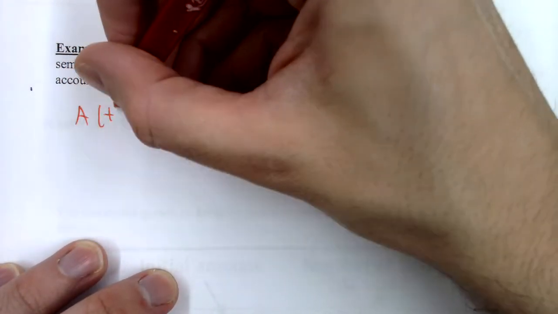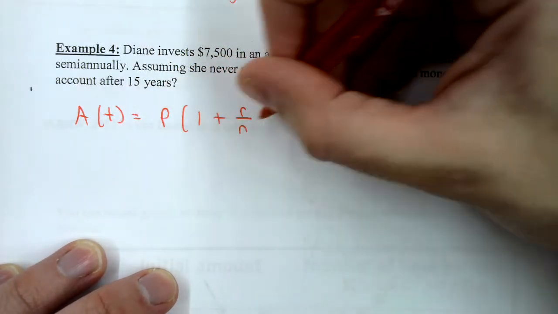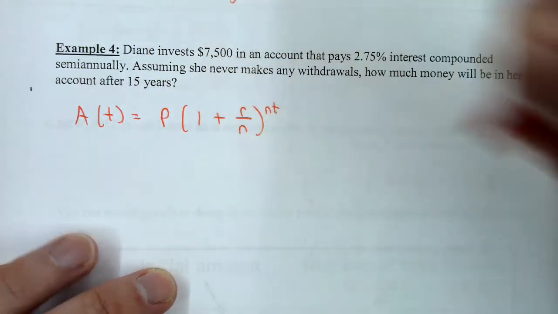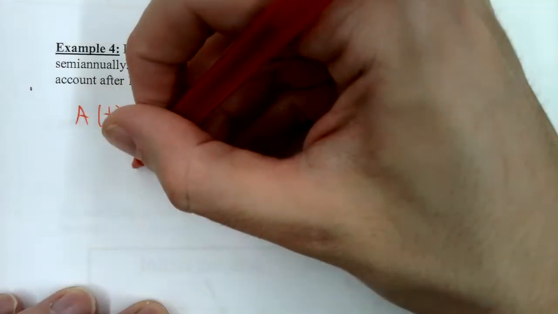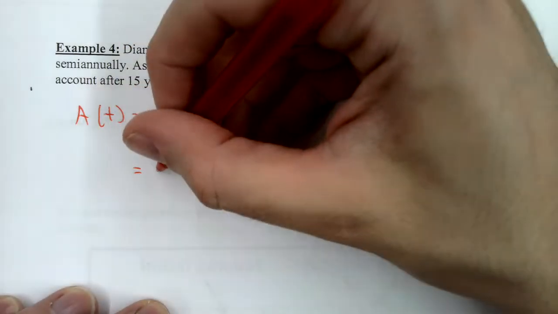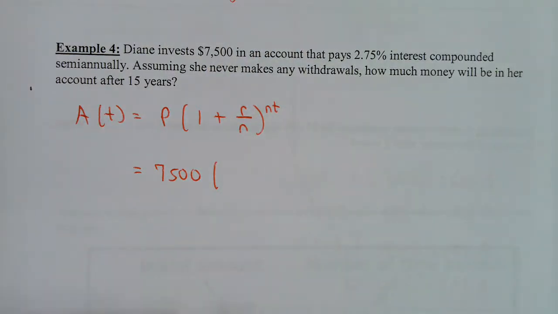All right, well, let me just copy down the formula from above. A of t equals your principal times 1 plus the rate divided by n, raised to the n times t power. So her principal is $7,500. That's what she's investing. Times 1 plus